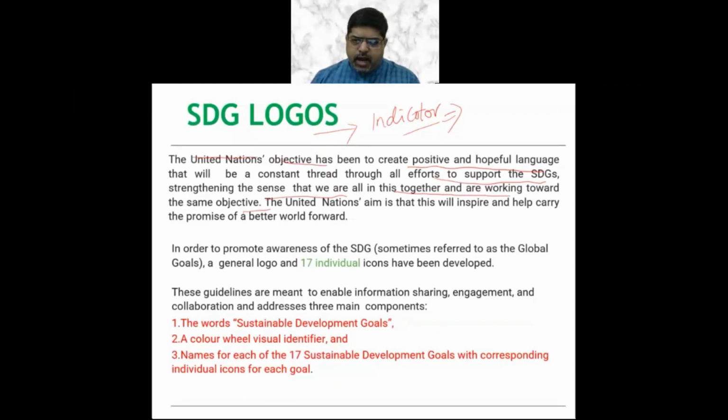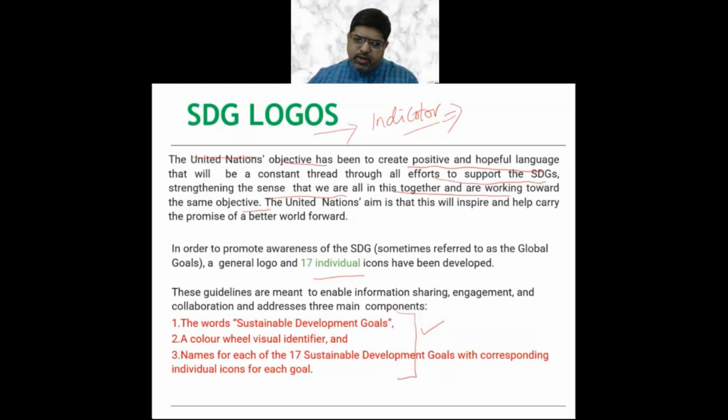These are a kind of wheel by which 17 colors are indicated. These are 17 individual icons. These 17 indicators or icons are actually crossing their fingers to attain sustainable goals. They have the color identifier with the wheel, and these 17 sustainable development goals correspond to different individual icons